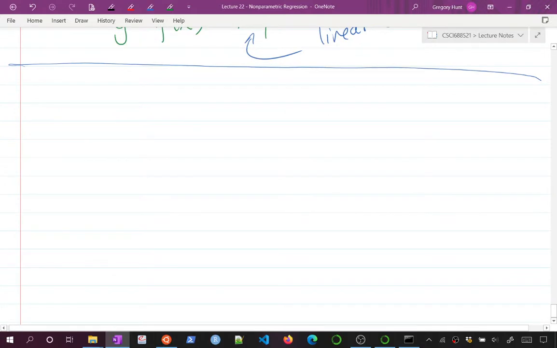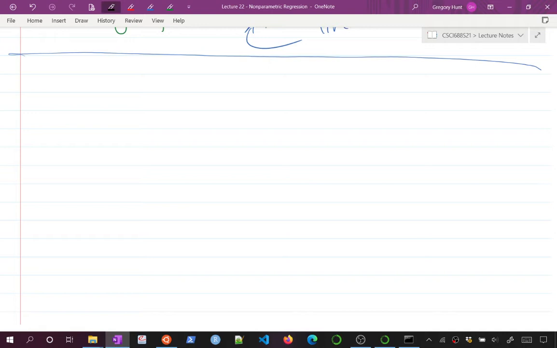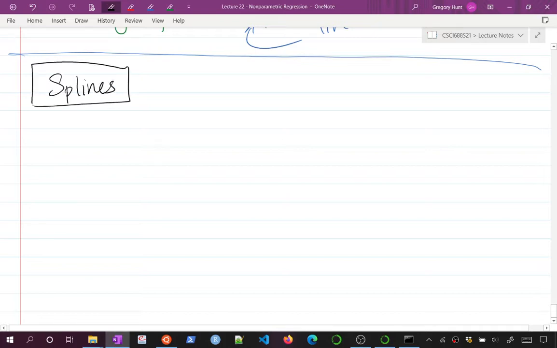So that's the deal on kernel regression. The last thing I want to mention, although we're not going to have time to go into detail about them, is splines. And I'm going to do a really kind of cursory job here. But let's say kernel regression, or local polynomial